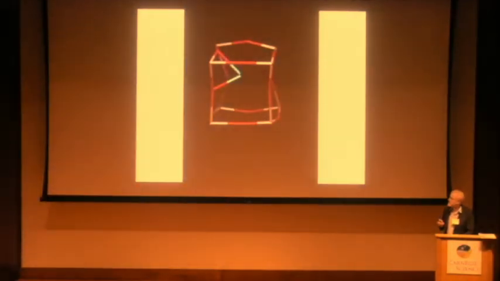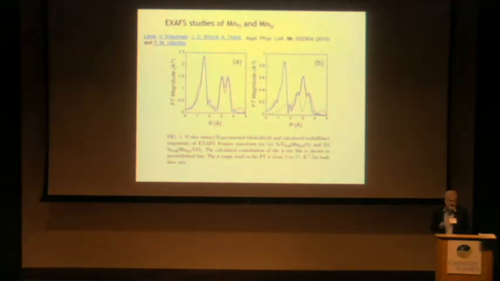Here is the video I was going to show you. I practiced it ahead of time and found that the media player is not available on this laptop, so at least I know that I can't show you. But what would briefly happen is that you actually get a lot of oxygen movement. So the oxygen is moving around the manganese a lot more frequently than the manganese jumps from site to site. So things are quite complicated.